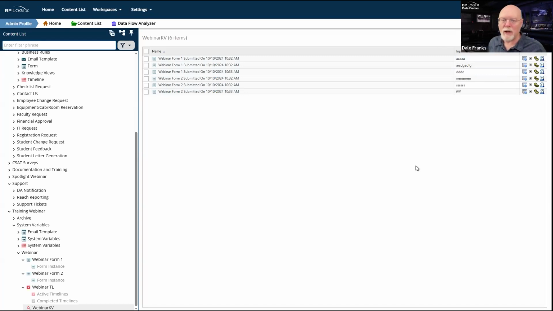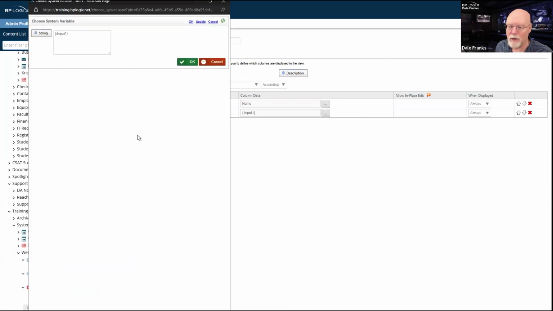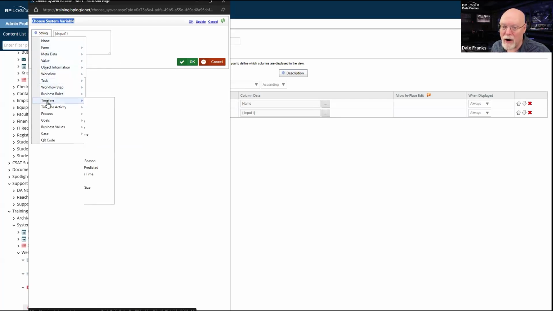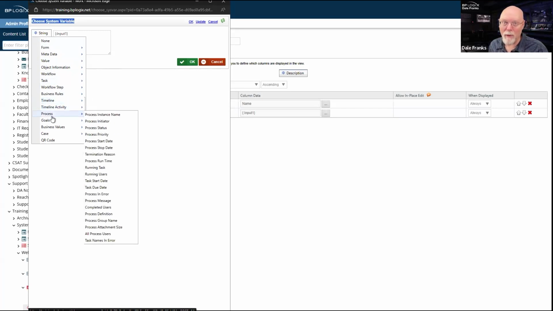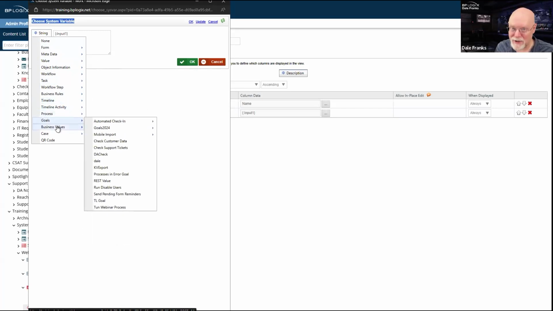We don't think much about system variables in knowledge views, but we should probably think more about it, because at the end of the day, when we put a value in a knowledge view column, look at the name of the dialog box we are opening. It is the choose system variable dialog box. These are all system variables. The fact that you can pull them off of a menu conveniently doesn't make them not system variables.